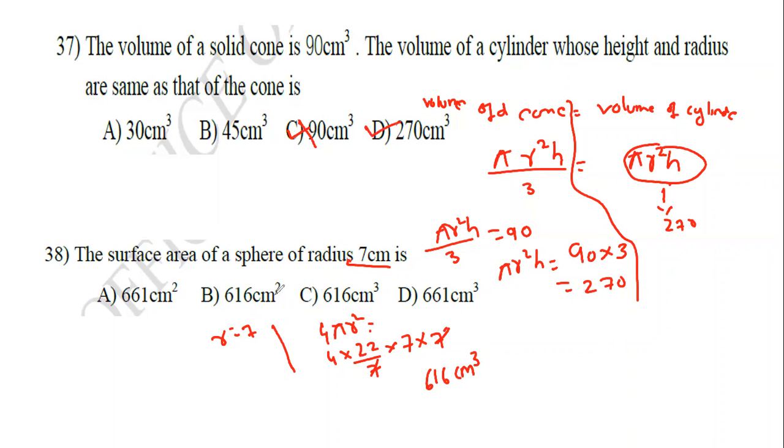centimeter square. Okay. Sorry, observe, for surface area, the volume is cubic. Because the unit is also very important. If you put 616 cubic centimeter square, then this one is wrong. Don't get confused. Here the total volume is cubic. Surface area means this will become square. Okay, square centimeter. So which option is right? Option A is correct. Don't get confused here. Even the unit, sorry, this one is also wrong. 616, okay, 616 square centimeter.